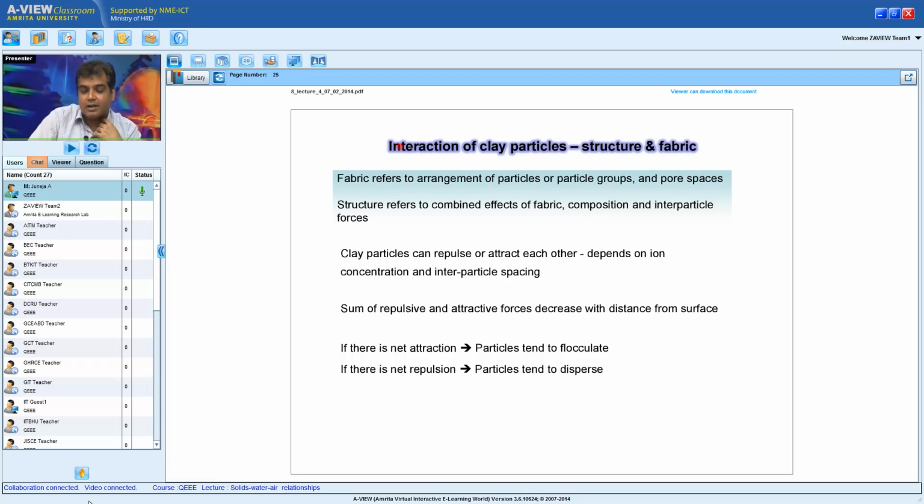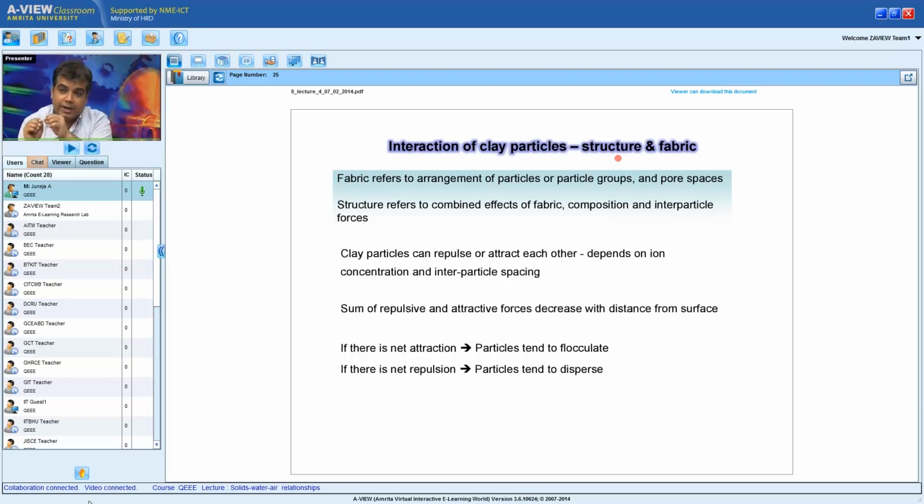These slides are to help understand the difference between structure and fabric. It's important to know that for minerals like clay, there is a huge difference between structure and fabric. Fabric is a new term which came out only a few decades back. Fabric represents the arrangement of particles. So we look at how the clay crystals